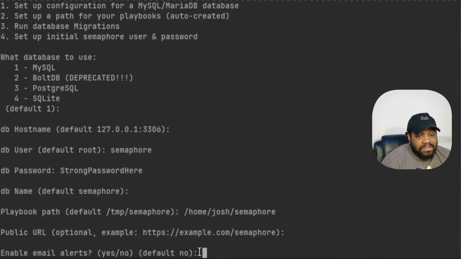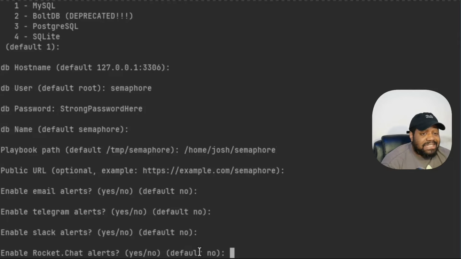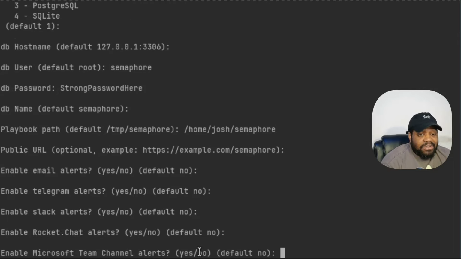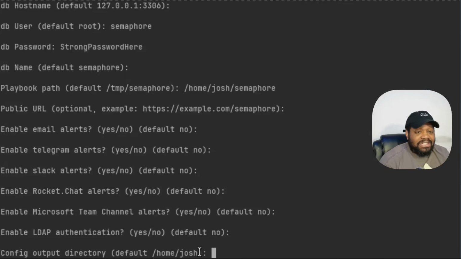Enable email alerts, no. Telegram alerts, no. But it has these options, just letting you guys know. Slack alerts, no. Rocket.chat alerts, no. Microsoft Teams, no. LDAP authentication, so that's great if you're working on an Active Directory network. You can use LDAP authentication, so you're good to go. I'm gonna hit no, and then it's gonna specify our config output directory, and we can put it in our